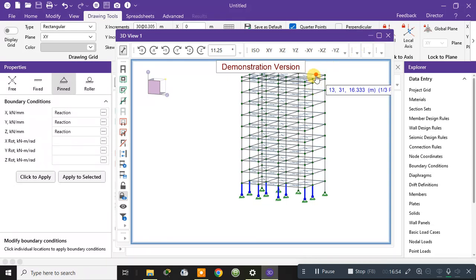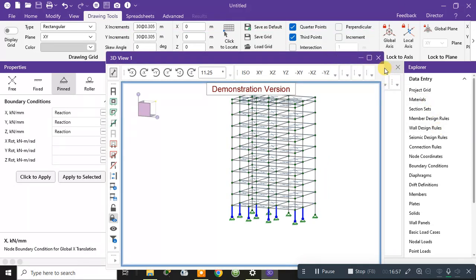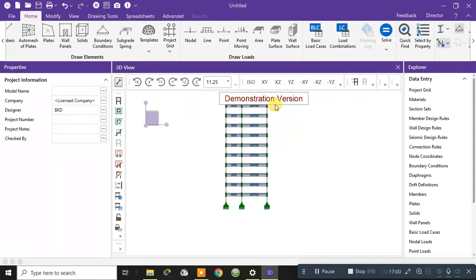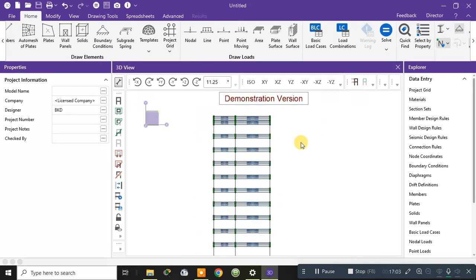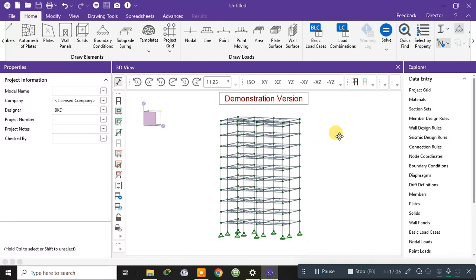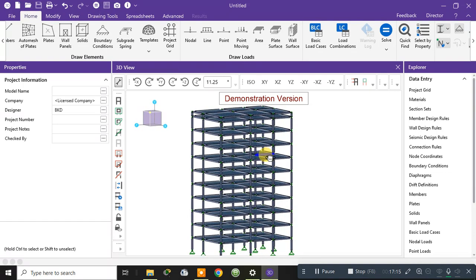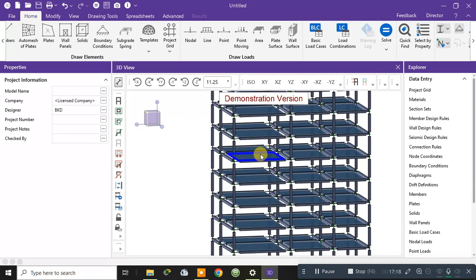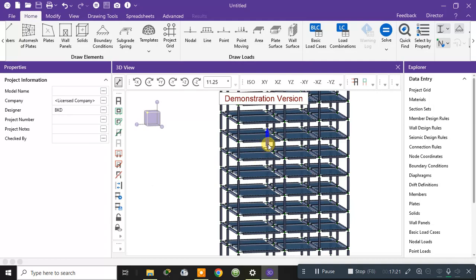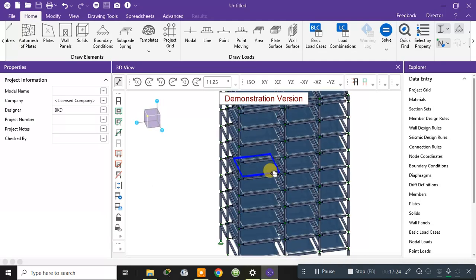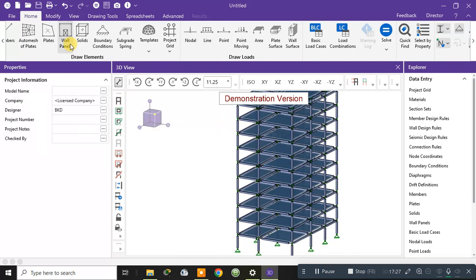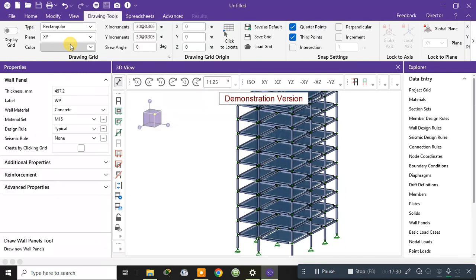After that, what you will do is, now you can again click it here for the rendered view. Now what I need to do is, as the full building is created with the frames as well as plates, now I will provide the walls to the building. And for that, I have to click on the wall panels. After clicking on the wall panels, I will provide the thickness of the wall panels as,